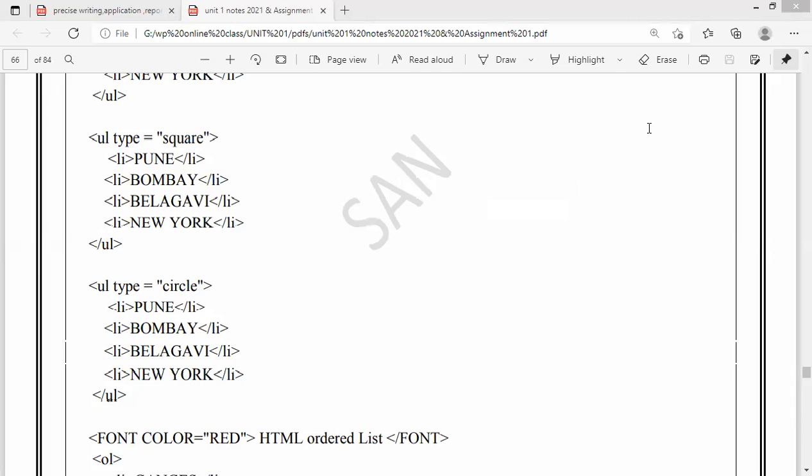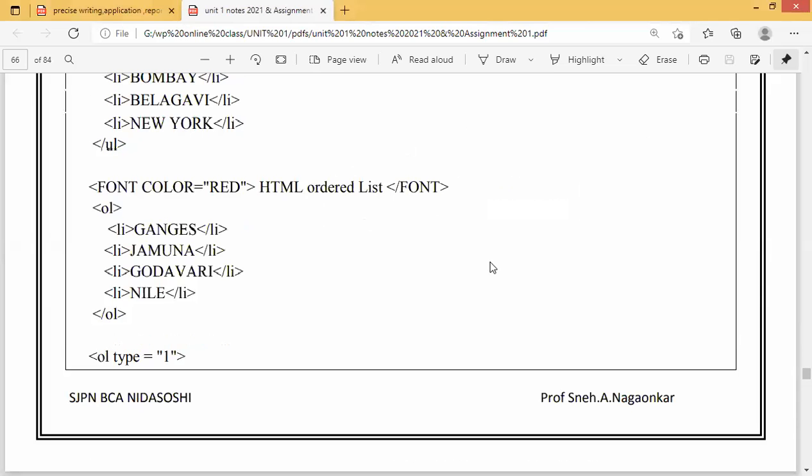Now after going to that unordered type, I go to the second part of the code. What is the second part of the code, guys? What have they asked here? They have asked you to take, and what? Ordered list of what? 5 rivers, if I'm right. Okay. Let me tell you that. So here, see the code. So here what are they asking you? They are asking you to display a list of 5 cities, right? Which is in the form of an ordered list. So I have taken font color equals red. HTML ordered list. So for this ordered list, the red font will be applicable, right?